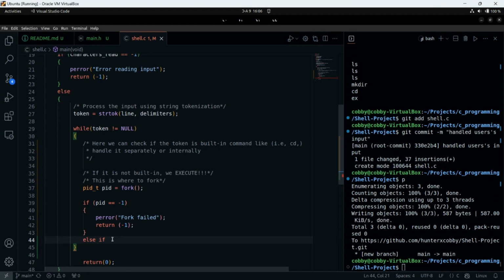Else, if it is not equal to -1, what do we want to do? We understand that if the fork returns 0, then it is a child process. So let's write an else if fork is equal to 0, then we want to say that this is the child process. So let's add a comment there.